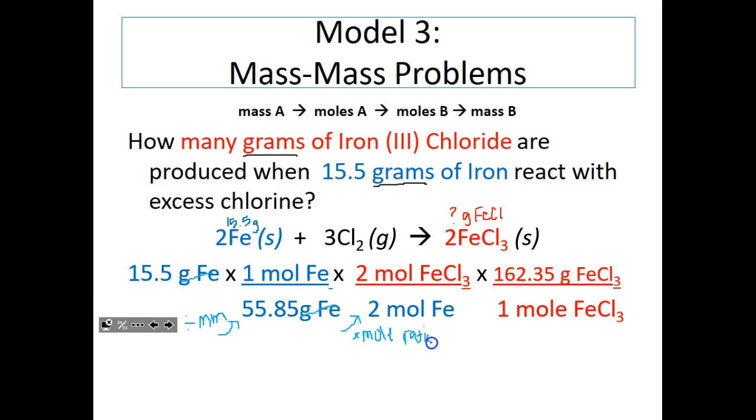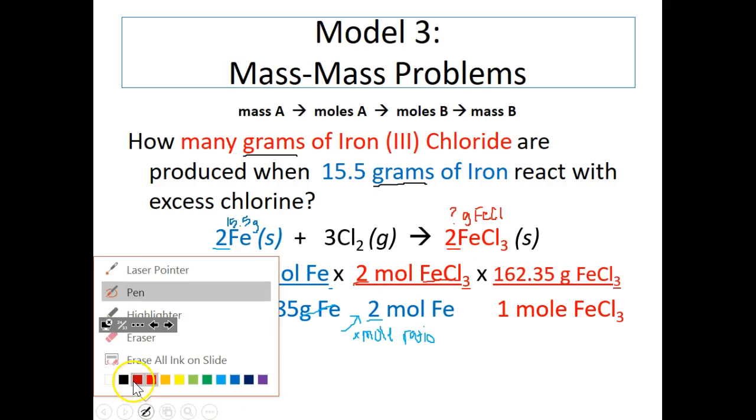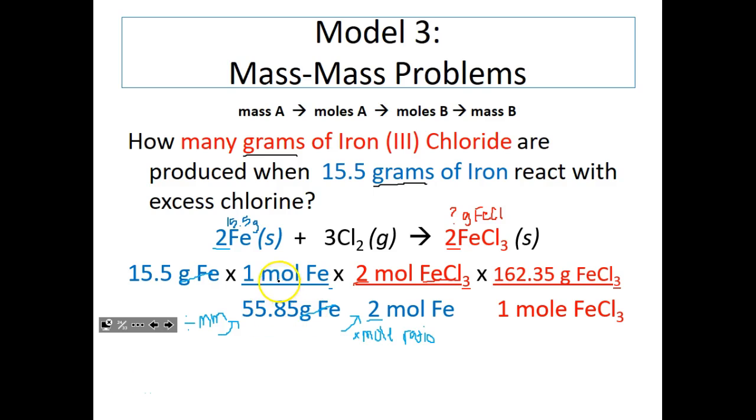So the mole ratio in this problem of iron, so we want iron on the bottom, right, because we want our given on the bottom. And in front of iron, we have a coefficient of 2, so that's where this is coming from. So for every 2 moles of iron, we produce 2 moles of iron 3 chloride, right? We want our moles of our unknown, which is iron 3 chloride in this case, to go on the top, and the 2 comes from the balanced equation. So if we stopped there, we would have moles of iron 3 chloride,